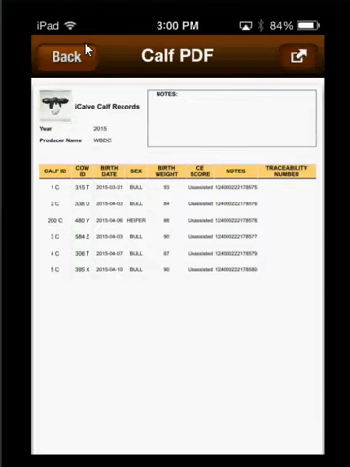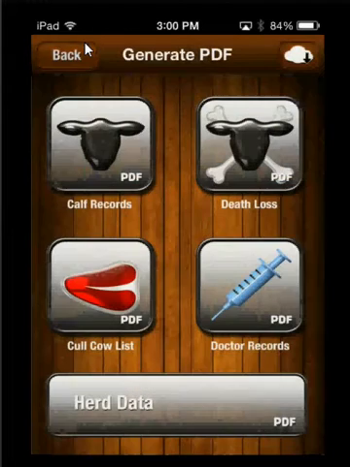I know that iCalve is supposed to be coming up with an upgrade. It was on their website, they say April 20th. I don't see it quite yet, and so we'll have a sync function. And at the end of the year, there's also this rollover feature where it does export out to CSV. I'll take you into